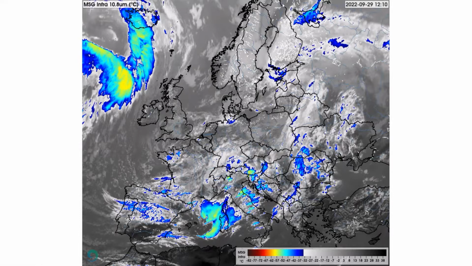I would like to show them to you. For example, this cloud top is less than about minus 55 Celsius, but it was